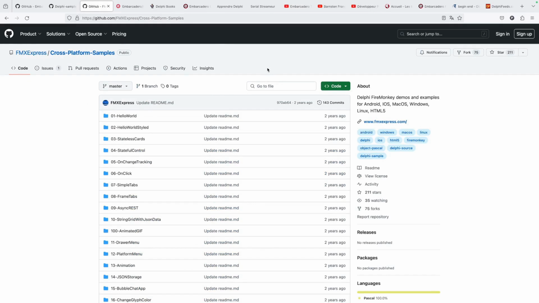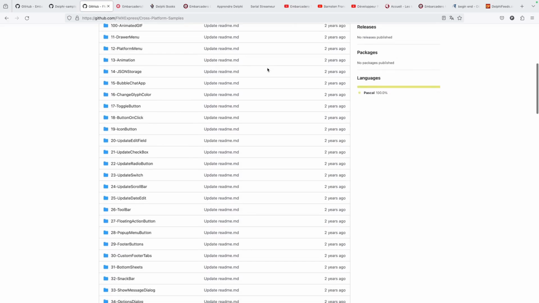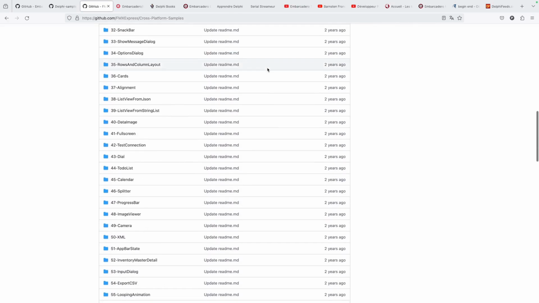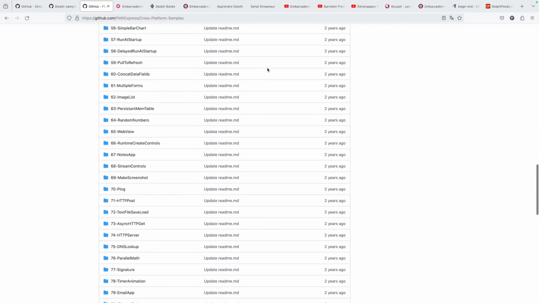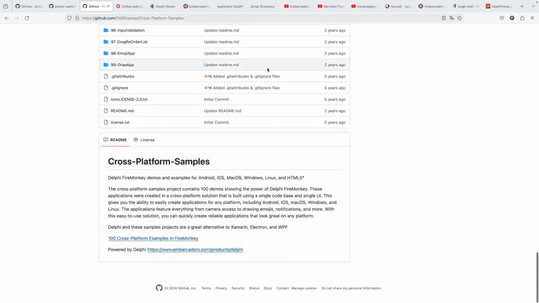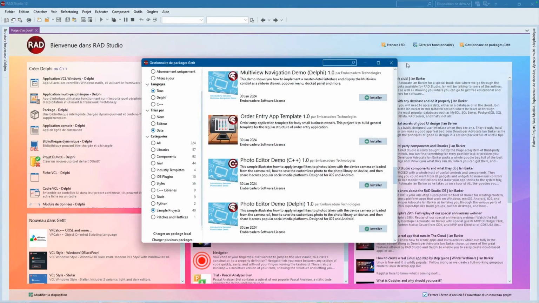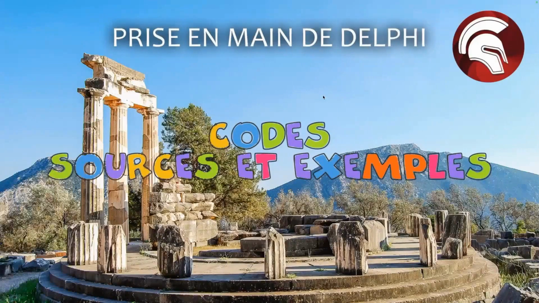github.com/fmxexpress.com/cross-platform samples, which is a collection of FireMonkey project examples. So there are about 100 that explain how to use a bunch of components or libraries that come with Embarcadero Delphi. Feel free to refer to all that, download the stuff and see what's going on so you can get a good handle on the environment. Of course, remember to install the online help during the installation or after the installation by checking the right boxes. On the installer side,